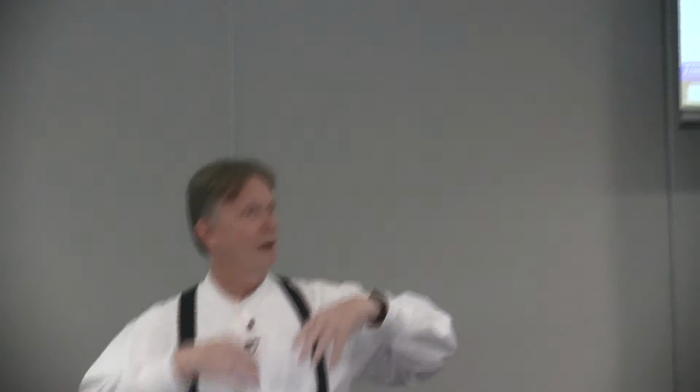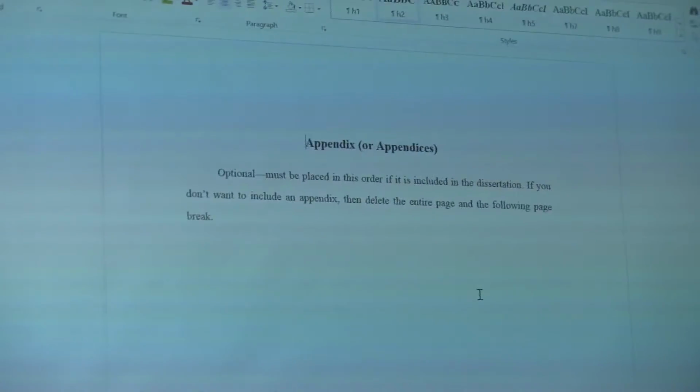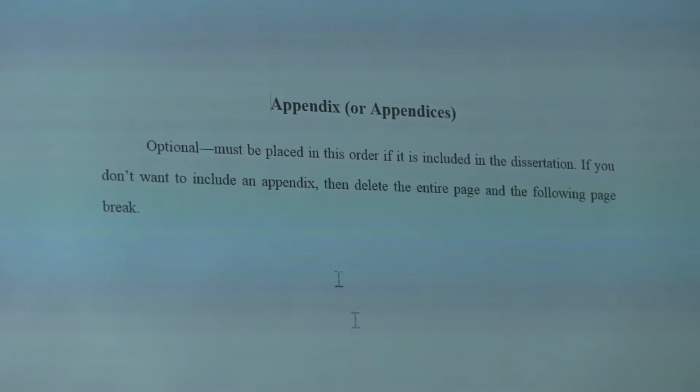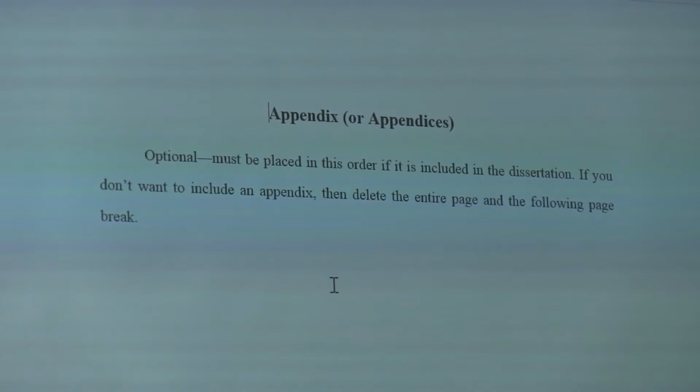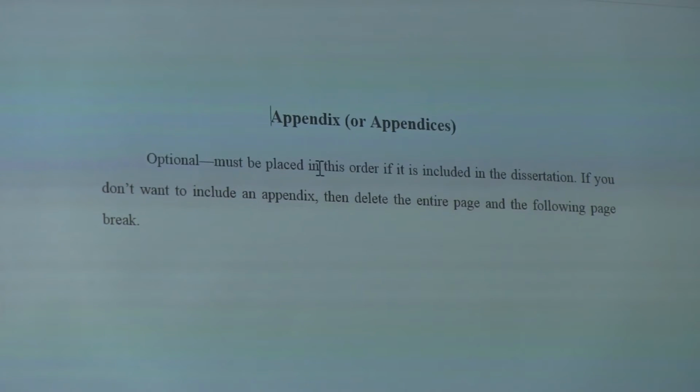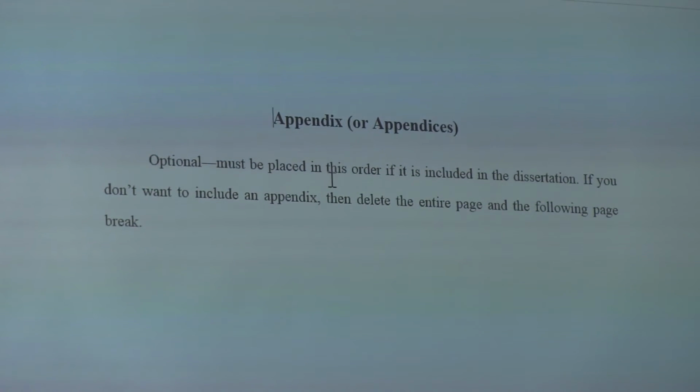So the one that we'll start with, let's see, where is it? Is the back matter template. So this is what will come right after your document. Your document would have ended on the page just before this. The first part of the back matter is a spot for an appendix, or appendices if you have more than one. This is optional. You don't have to have an appendix. A lot of people do.